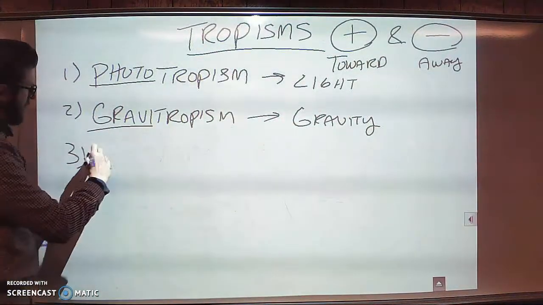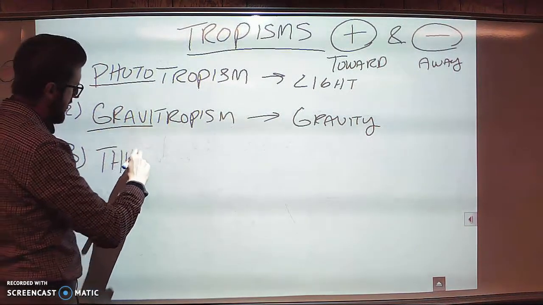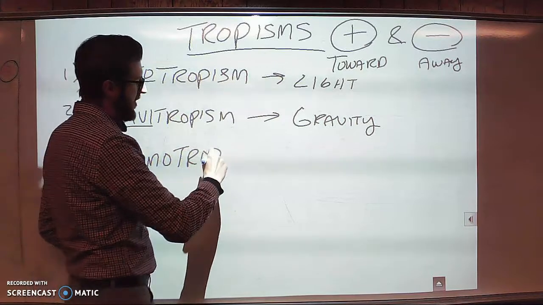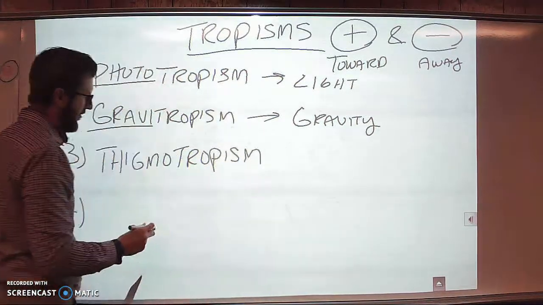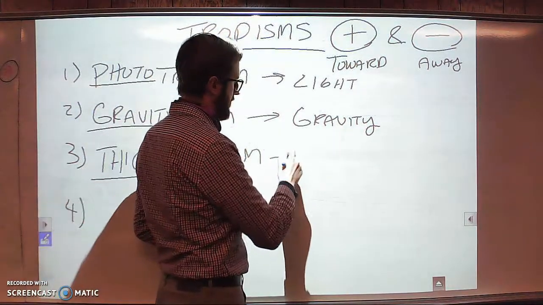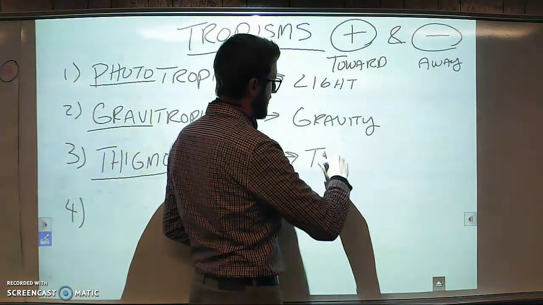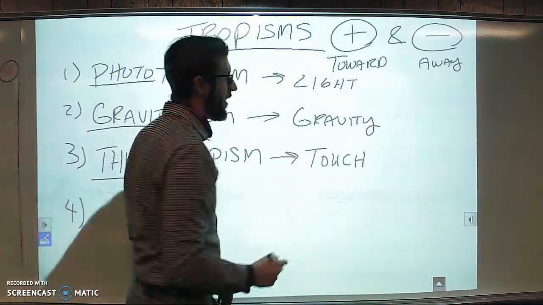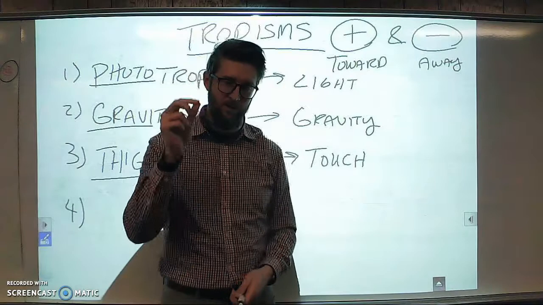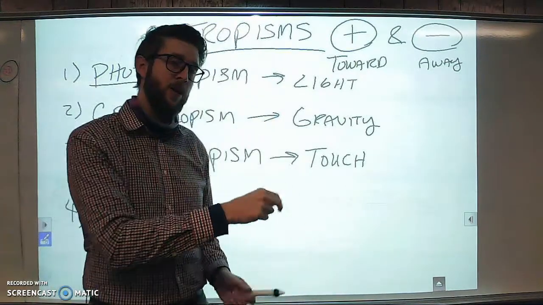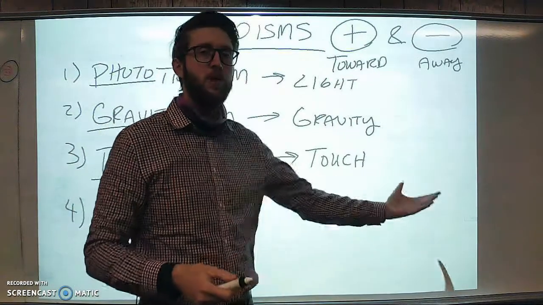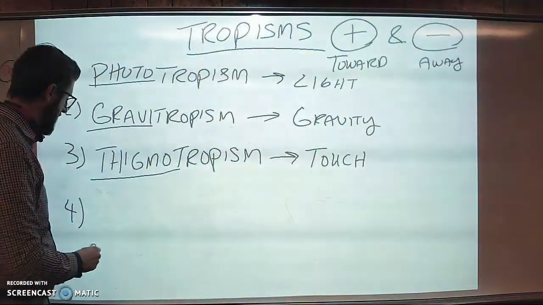The third one would be thigmotropism. Now, thigmo is a word you probably haven't heard before. It's a prefix and it means touch, okay? So this is a plant's response to touch. A famous example would be a Venus flytrap. A fly lands and touches, the trap closes, and that would be an example of thigmotropism, okay? And the last